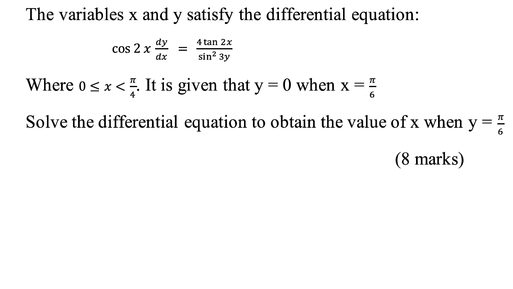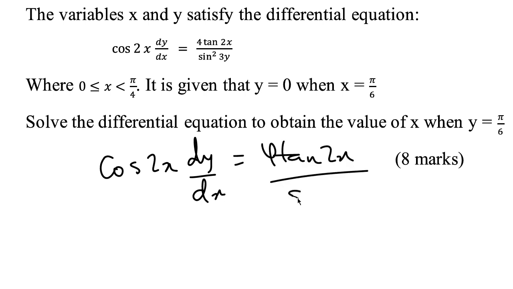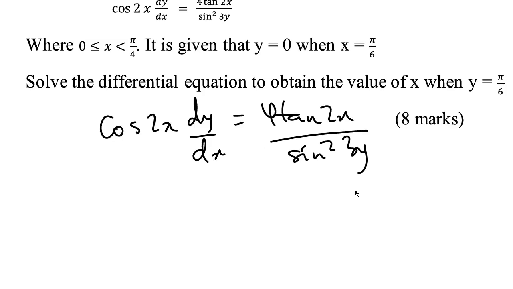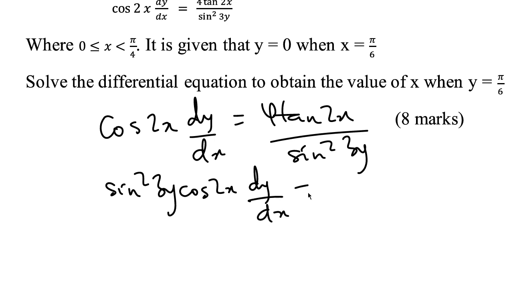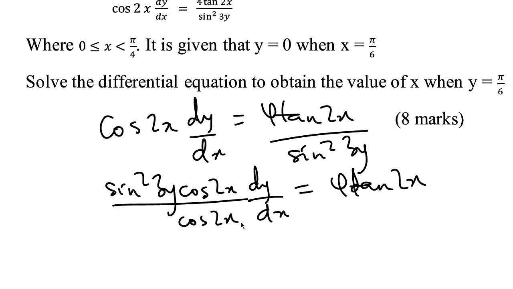Okay, so what we're given is cos 2x dy/dx equals 4 tan 2x over sine squared 3y. So what we basically do here is group everything together, dy to y and dx to x. You could see that there's a dx here. So you could move the sine squared 3y over and it becomes sine squared 3y cos 2x dy/dx equals 4 tan 2x. And then if we divide through by cos 2x,